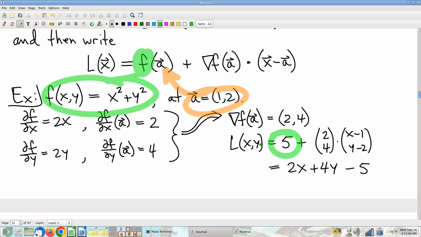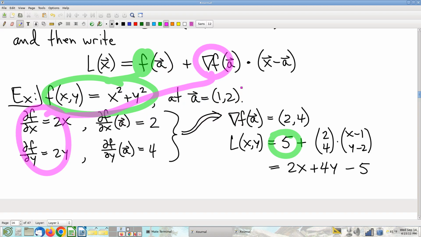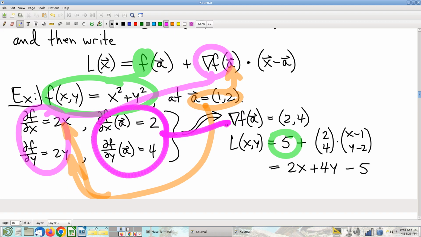Okay, what's the gradient? The gradient, made up of all the partials. Just compute the partials. Don't forget to plug in our point here. We're going to be plugging in 1, 2 in there. So I'm going to plug in 1, 2 there and there. And our gradient becomes this vector, 2, 4. I'm just plugging in, right? And then lastly,